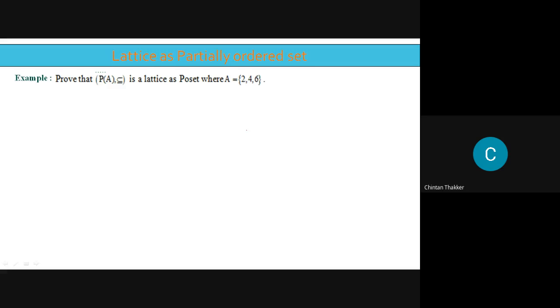Okay. So this is a lattice as a Poset. Now for n comma d, n comma d,